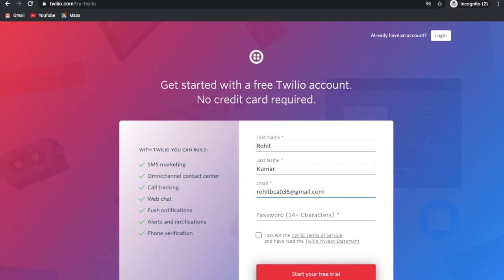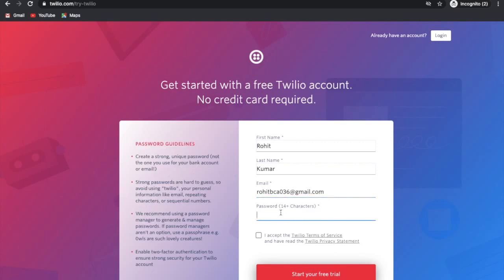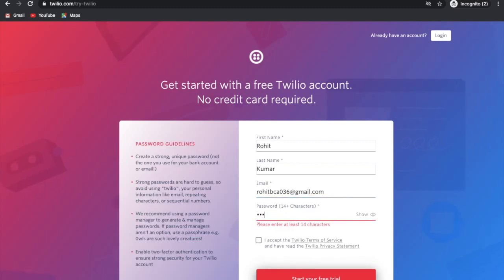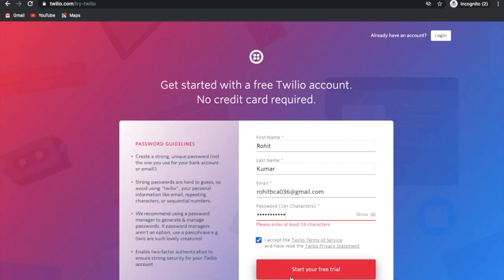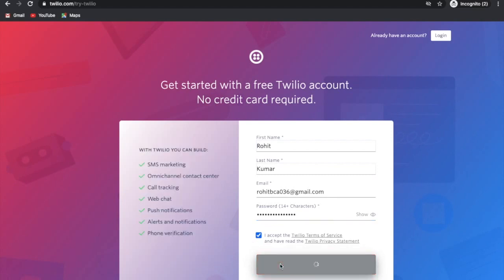I'm going to put in my email address and some password and click start trial. It is not taking, so let me put in another password and click that. Once you click that, you are able to complete your Twilio page.